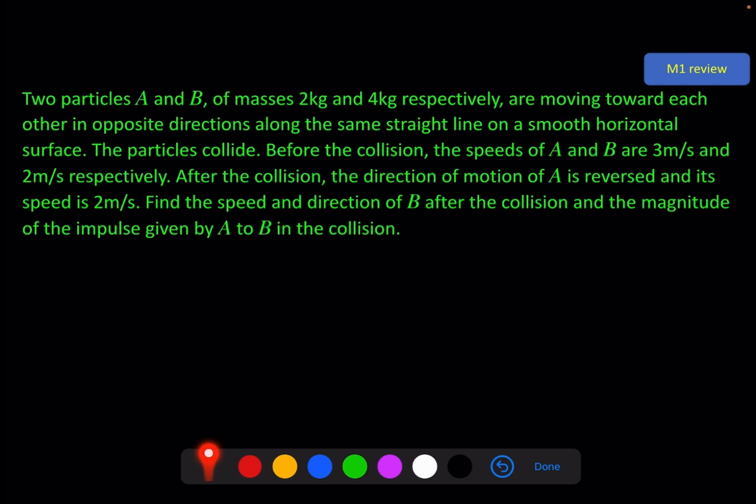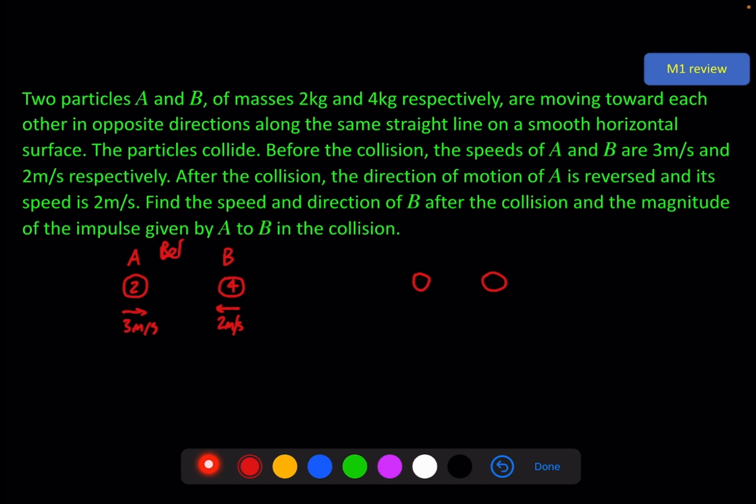Two particles, A and B, of masses 2 and 4 respectively, are moving towards each other in opposite directions along the same straight line on a smooth horizontal surface. So here we've got A and B. This is 2 kilograms, 4 kilograms. They are moving towards each other. Before the collision, the speeds are 3 meters a second for A and 2 meters a second for B. After the collision,